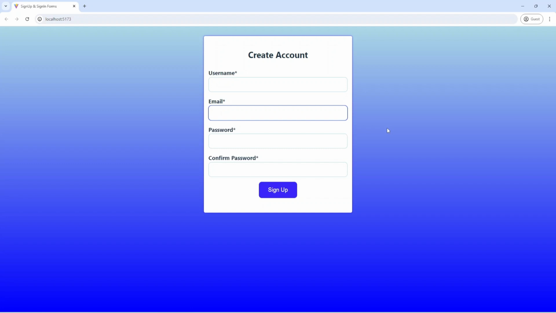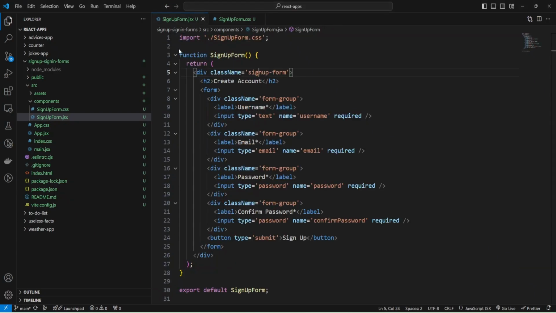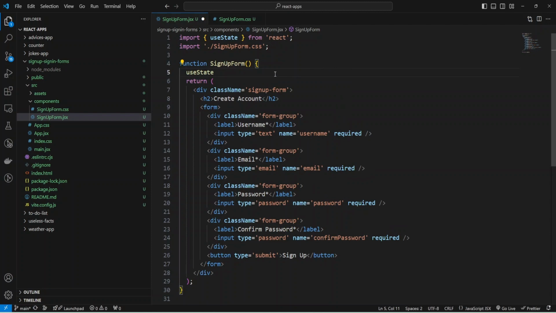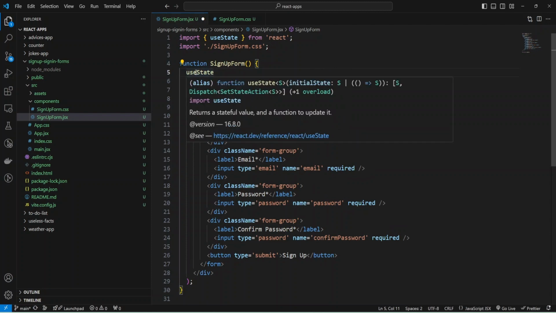Now we can write React code to store input values into state variables, and also validate and submit the form by pressing the sign up button. I'm going to navigate to my sign up form JSX and add the hook useState. And as you can see, it will return a stateful value and a function to update it.